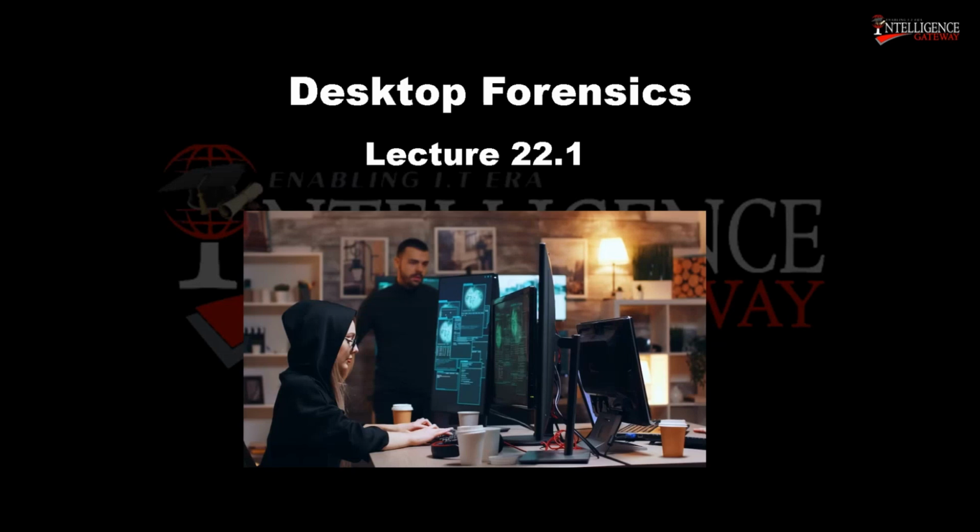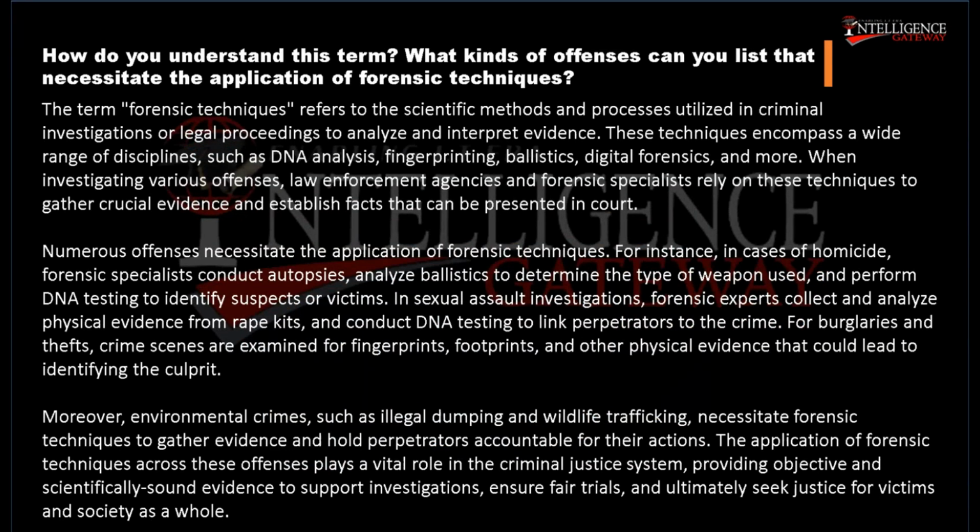Desktop Forensics Lecture 22.1. How do you understand this term? What kinds of offenses can you list that necessitate the application of forensic techniques? The term forensic techniques refers to the scientific methods and processes utilized in criminal investigations or legal proceedings to analyze